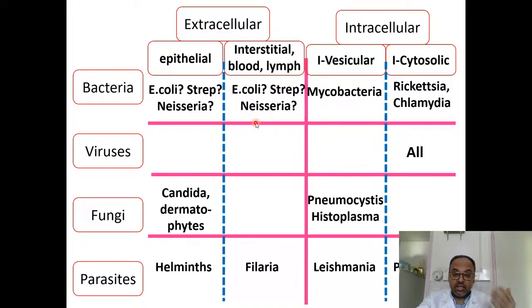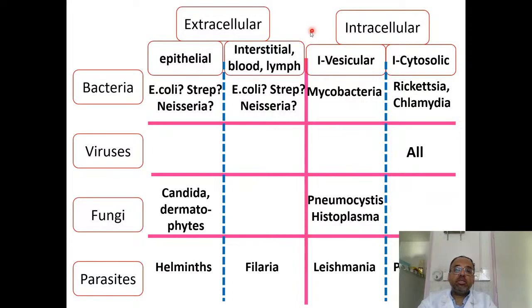But for B lymphocytes and T lymphocytes, it's very important. So if I want to use this line in the middle to divide the responsibilities between B cells and T cells, I'm trying to do modeling. A model is a simplified representation. I'm trying to make it simple. So if I want to use this line in the middle to separate responsibilities, if I want to give one of these two regions to B cells to defend, and one of these regions to, say, T cells to defend, which one should I give to B cells?